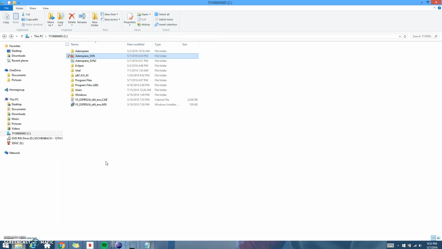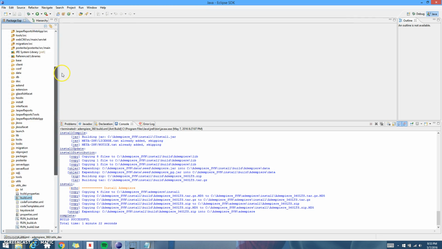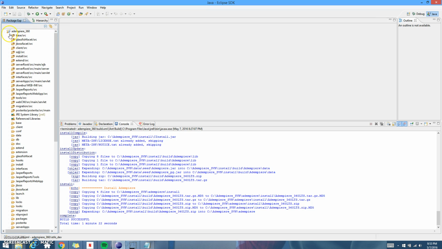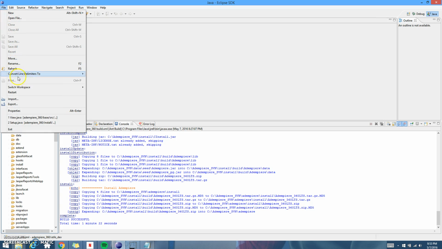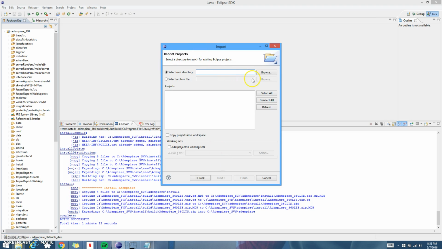Now the next part to this process of setting up Eclipse, we're actually going to open up Eclipse. I've got it right here, and as you can see where I've built it before, we have a successful build down here, and I'll go through and explain how you do that. The first step, you're not going to have this project in here yet because you just created the folder for it. So go ahead and go into File, go into Import, and click on Existing Projects into Workspace. Next. And then you're going to browse in the Select Root directory,